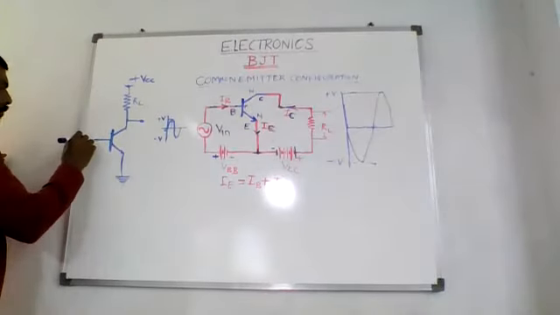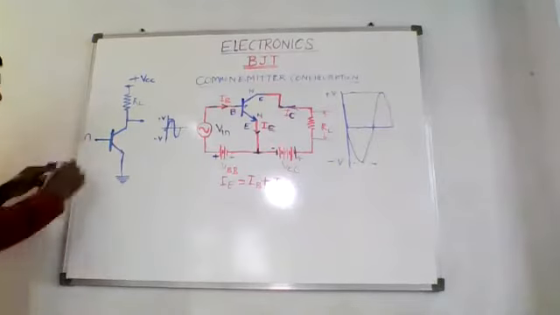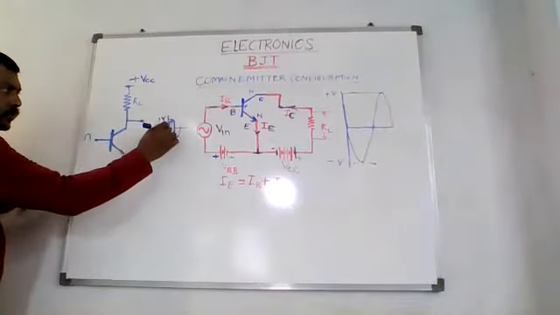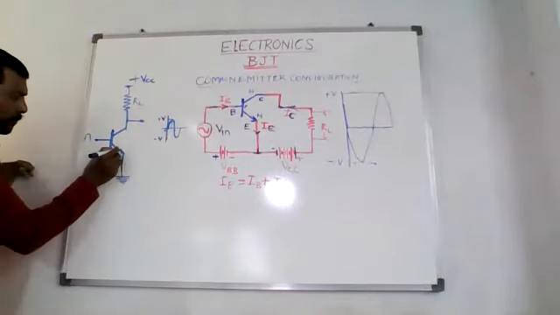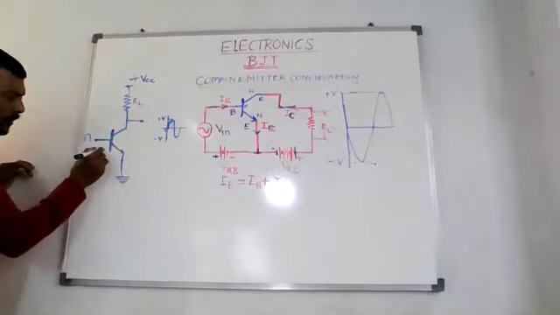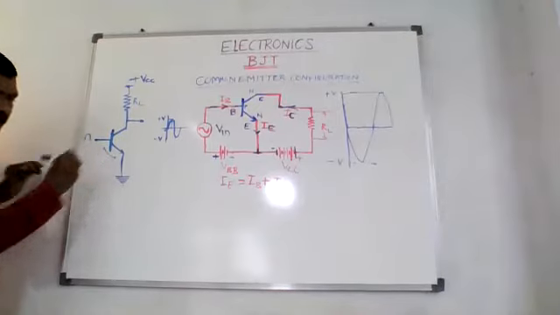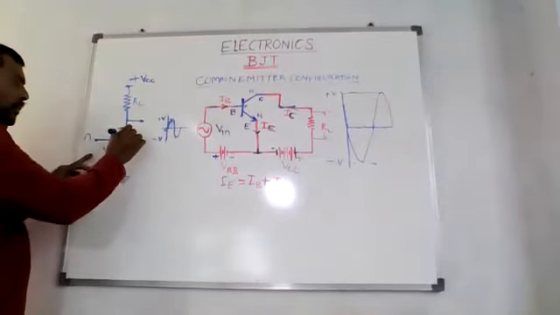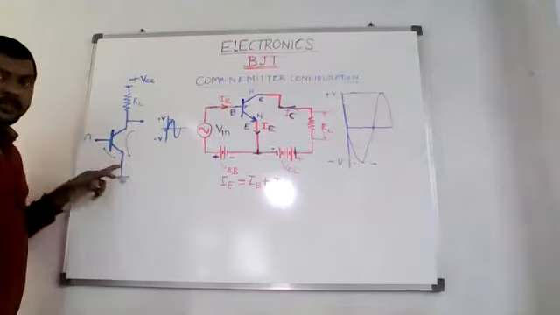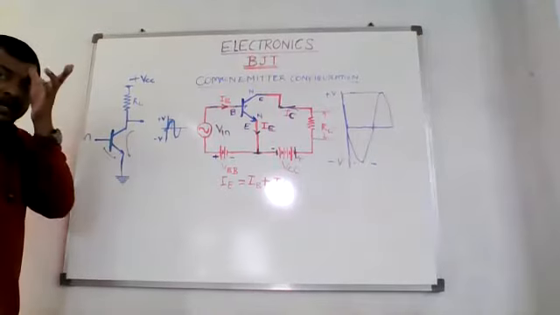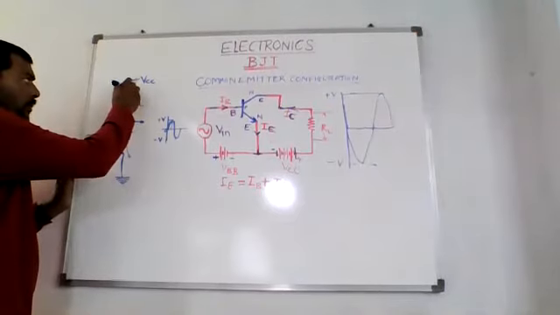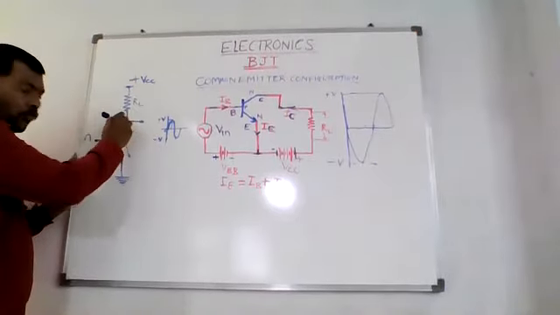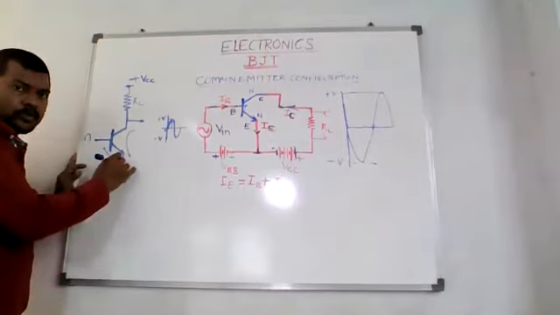So whenever this is given the positive half cycle like this, we are just referring to this positive half, right? Whenever this is positive, the forward bias of this emitter base junction will increase, and the maximum current will start flowing through this, right? As soon as maximum current starts flowing, the voltage over here comes down.